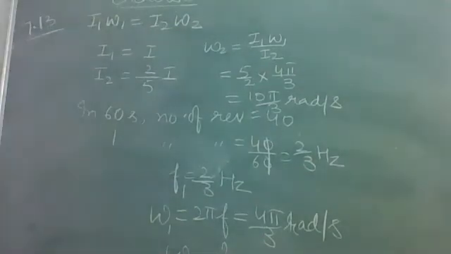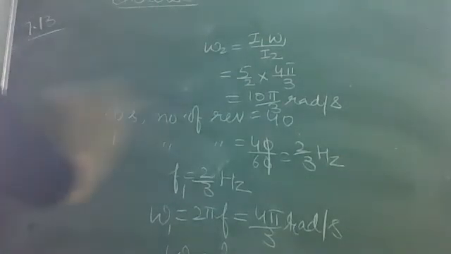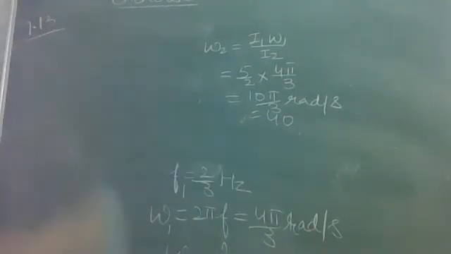Now let us see the second part, the B part. Let me read it out. Show that the child's new kinetic energy of rotation is more than the initial kinetic energy of rotation. How do you account for this increase in kinetic energy? So we are to find the initial kinetic energy and the final kinetic energy. The very simple formula of kinetic energy is half I omega square. So first of all, let's find the initial kinetic energy.